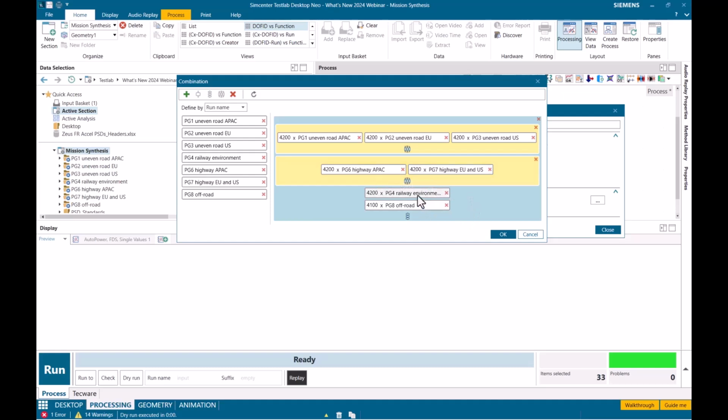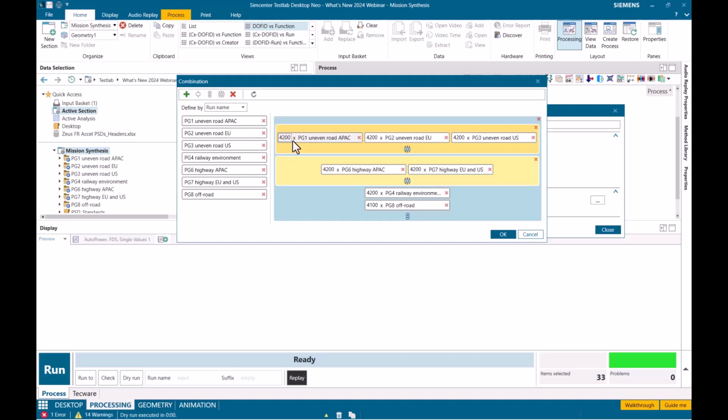And then I have environments that this product or component is always going to experience. And so we want to add all of those environments in series. So in summary, we're enveloping these three environments, we're enveloping these two environments, and then we are summing the envelope of this with the railway environment and the off-road environment.